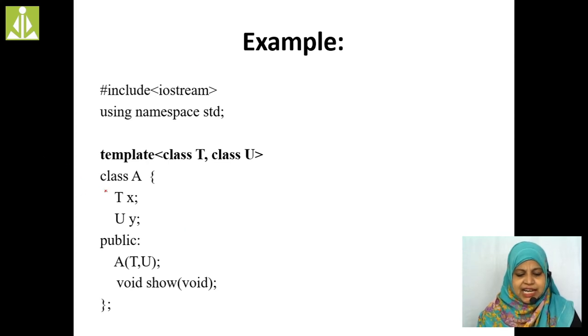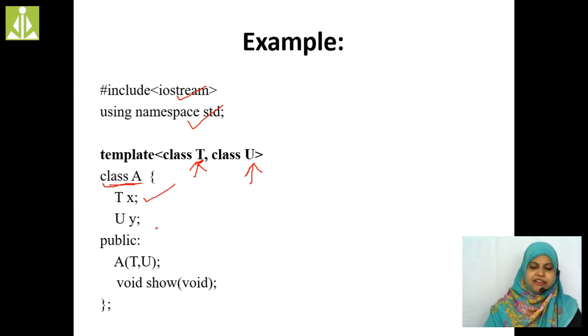See here, class A, hash include iostream dot h, using namespace. Here I am going to define one class T and one class U. Class T and class U. In class A I am going to pass T of x and U of y.